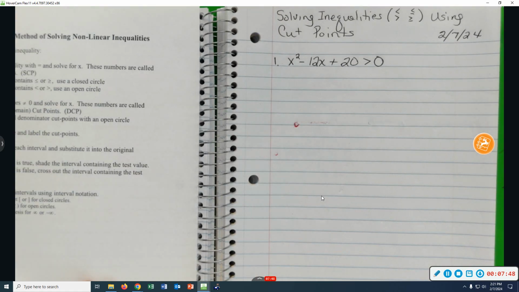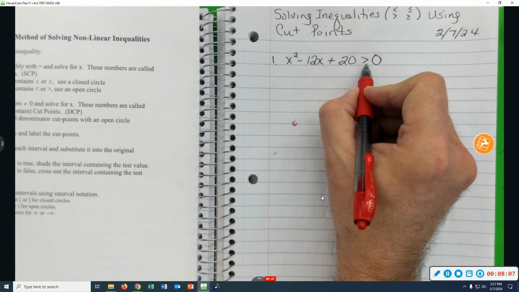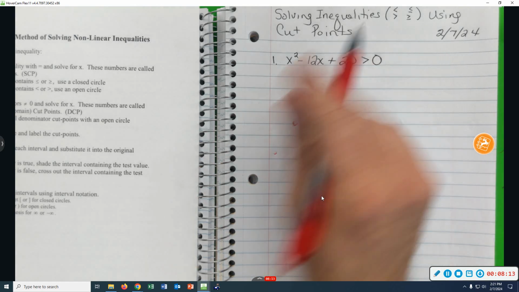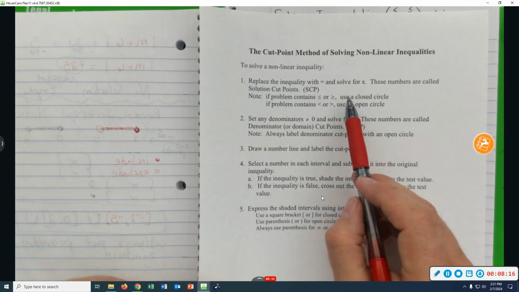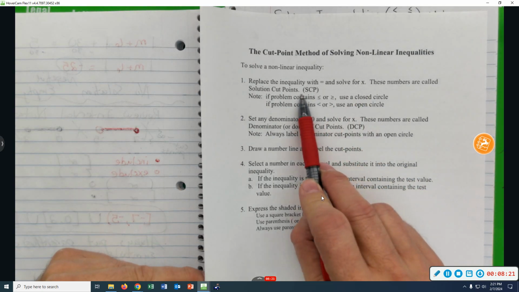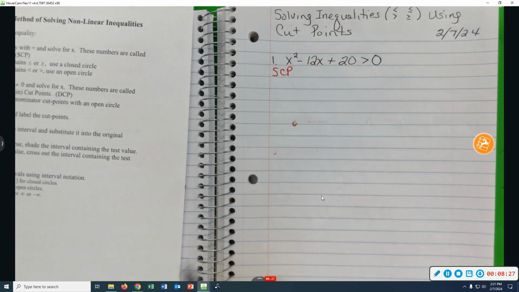Okay. Again, the sequence of steps is posted on Canvas under Files, or if you're in here right now, I'm giving you a sheet of paper with that sequence of steps. First step, replace the inequality symbol with an equal. This symbol right here is called the inequality. So replace the less than or greater than symbol with an equal sign and solve for x. These numbers we'll call solution cut points, and I'll abbreviate it SCP. So SCP. I'm finding the solution cut points,